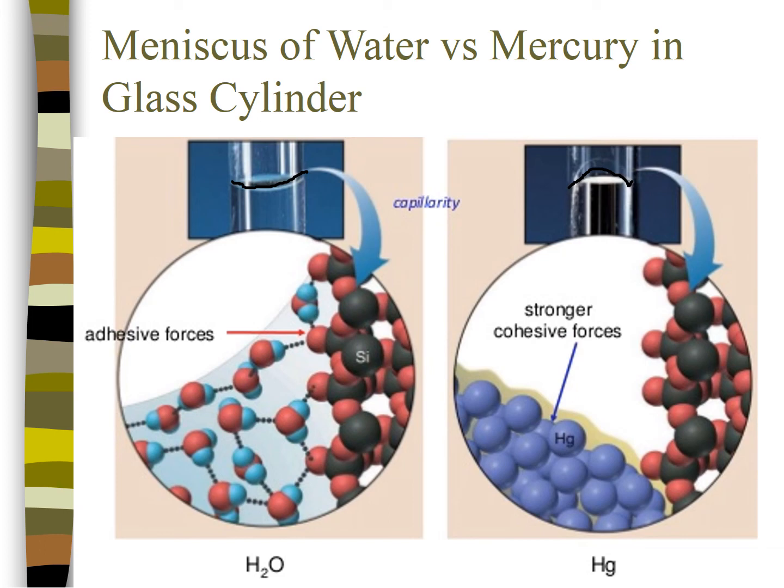You can see the water molecules with the red oxygen atoms, and in this picture, little blue, although they're usually shown as white, hydrogen atoms. The intermolecular forces with dotted lines between the water molecules would be dipole-dipole forces, and in fact, with water, they would also be hydrogen bonding, because the hydrogen is bonded to oxygen within the molecule. But those water molecules, because they're strongly polar, are attracted with adhesive forces to the oxygen atoms in the glass. And so the water starts to climb the surface of the glass because of that adhesion.